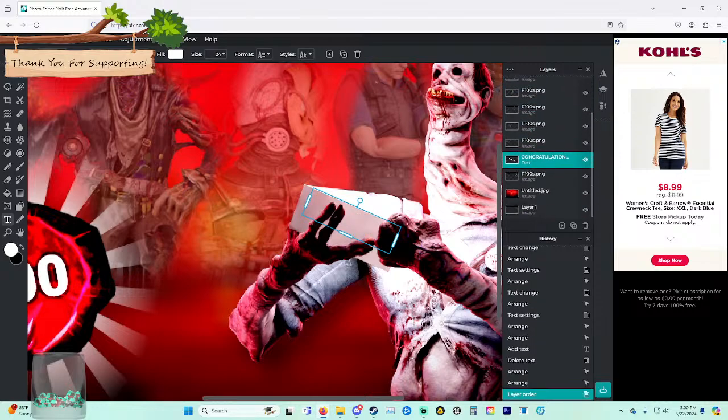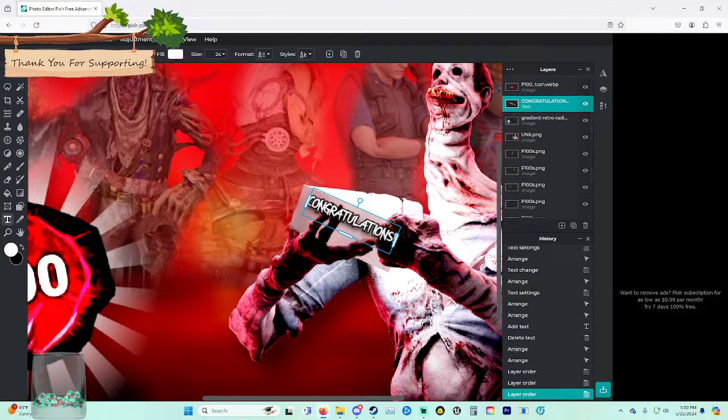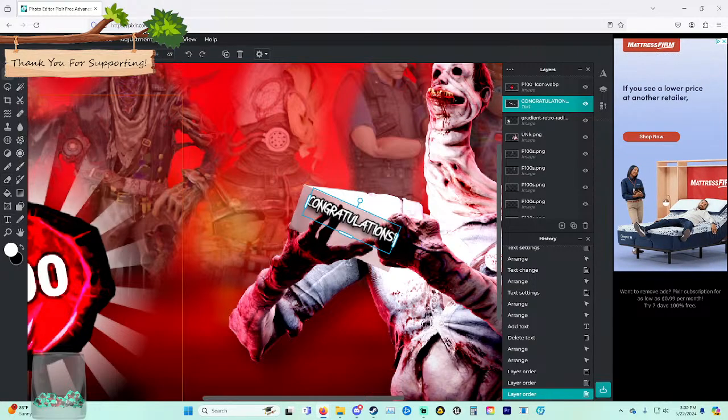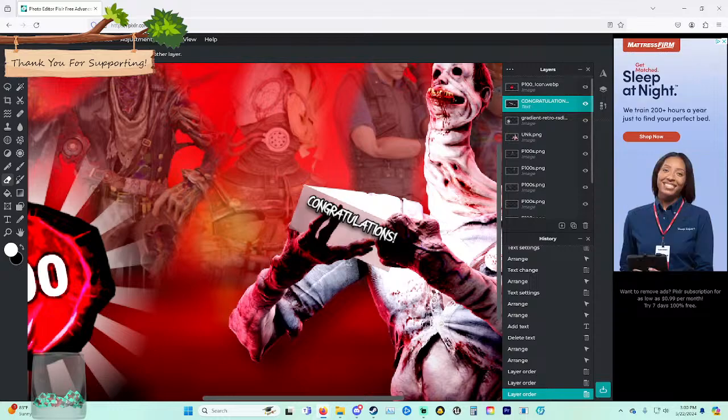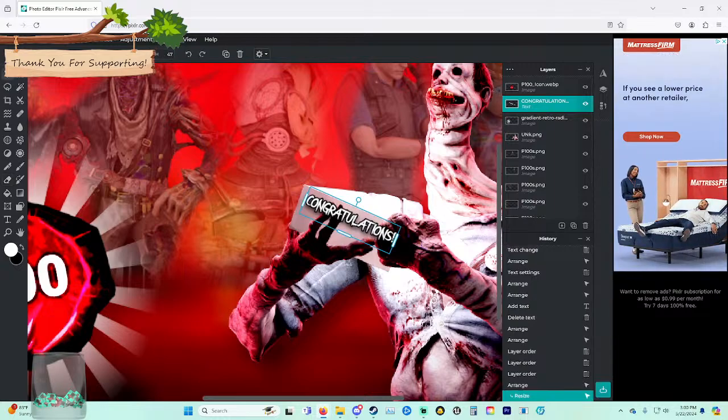Or to put this like here, but then I use the eraser tool real quick. Can only erase from images layers, not from another layer. That's sad. That's fine. I can just do